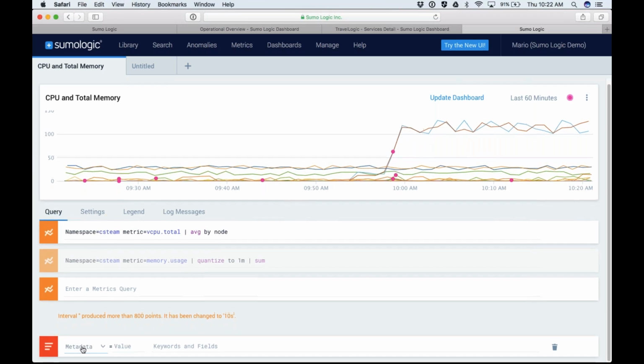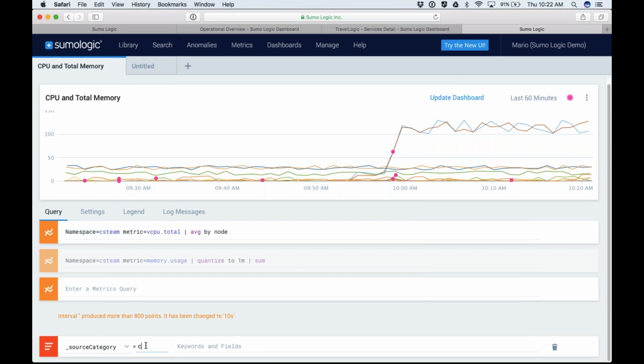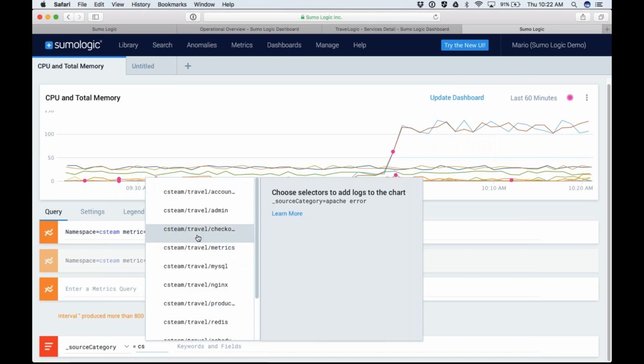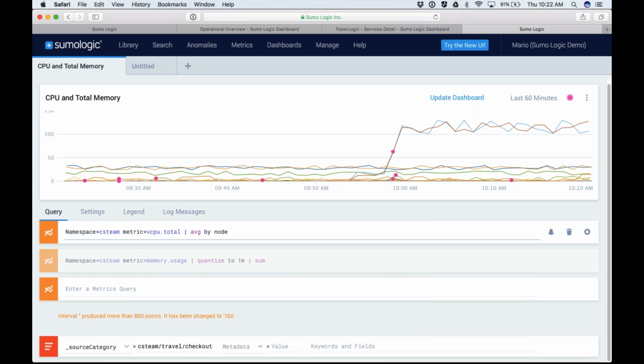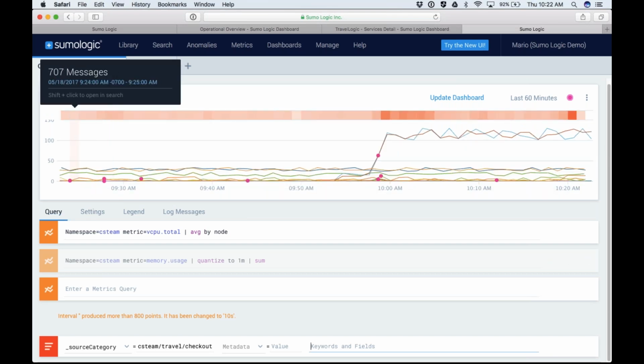So what I'm going to do in here is I'm going to say, all right, show me data for my source category equals. And since I know that it's the travel checkout node that's giving me the issue, I'm going to focus on that data in particular. So show me the logs for the travel checkout node for this same time period. And if I just run that query, it's going to run that query and come back with a